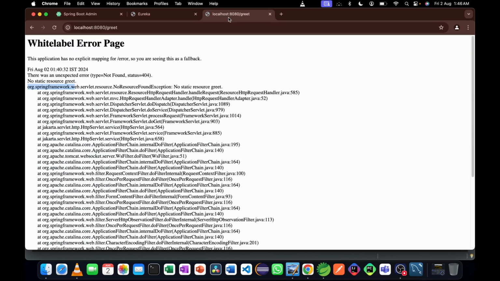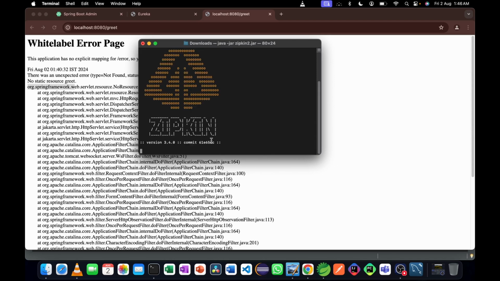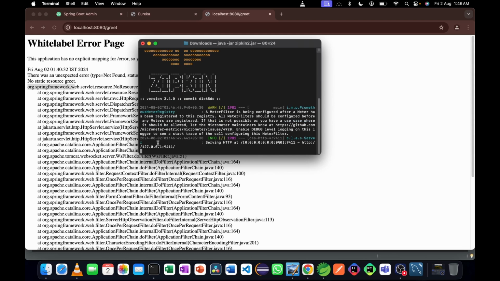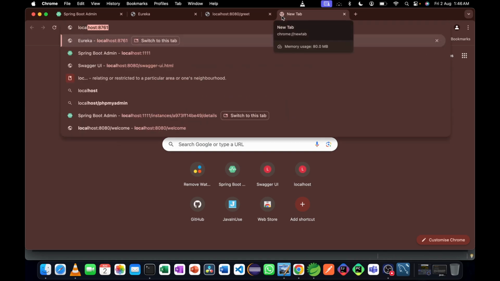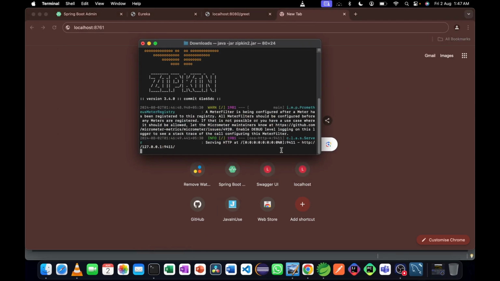After Eureka server, okay, let's see about Zipkin server. So how to activate our Zipkin? First of all, go to cd downloads, after that java jar, run this. Okay, our Zipkin server has been started. So localhost, in which port it's running, I think 9411. Yes,